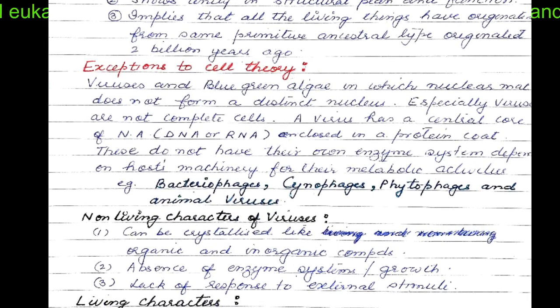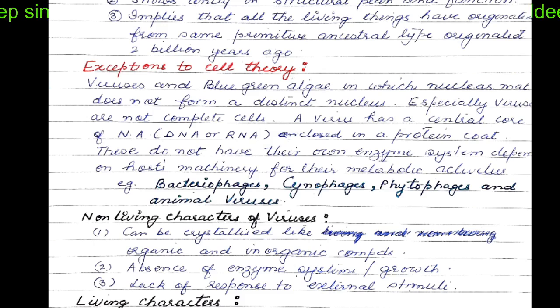Now, not all the cells which exist follow the cell theory. There are some exceptions to cell theory also, like for instance, viruses and blue-green algae. Blue-green algae do not have a nuclear membrane, so their nuclear material is laid bare, and there is no distinction between cytoplasm